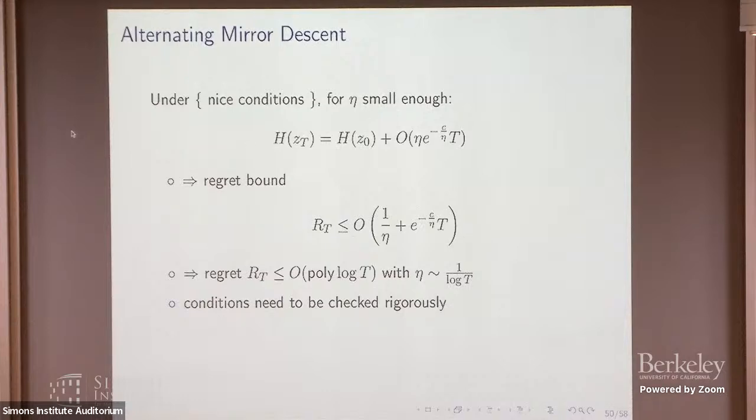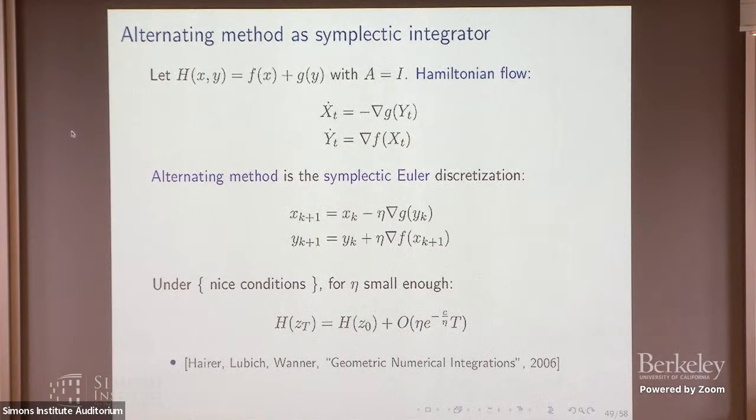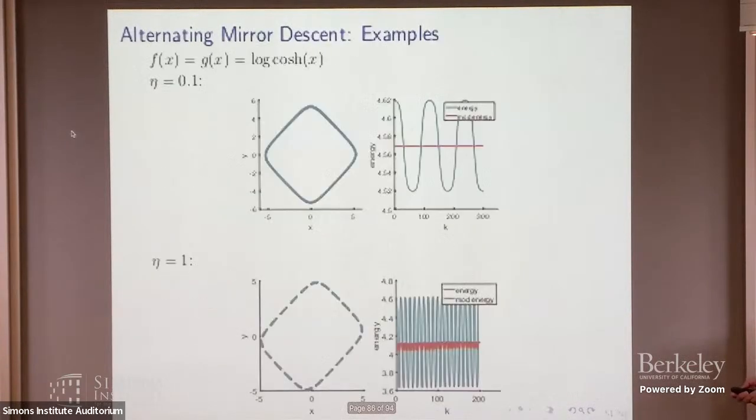But of course, the key difficulty is that these nice conditions have to be really checked. So what we are doing right now is, for some basic settings, we can say some results, but we are trying to see how far we can push this and for what kind of functions we can say this is true. And also this is the special case when A is identity. In general, the dimensions don't even have to be the same. Okay, so this is what happens on the theory side.